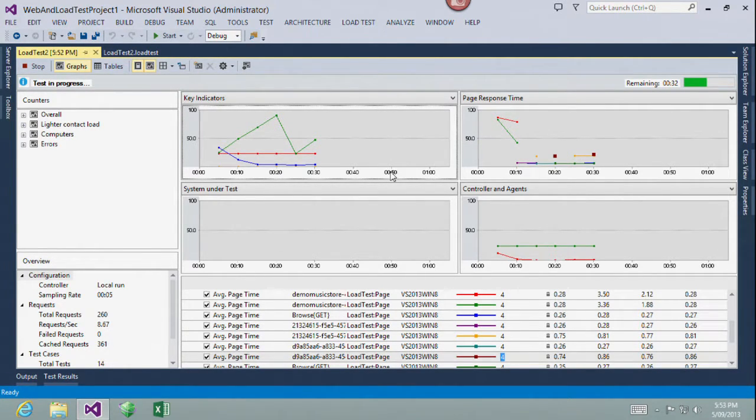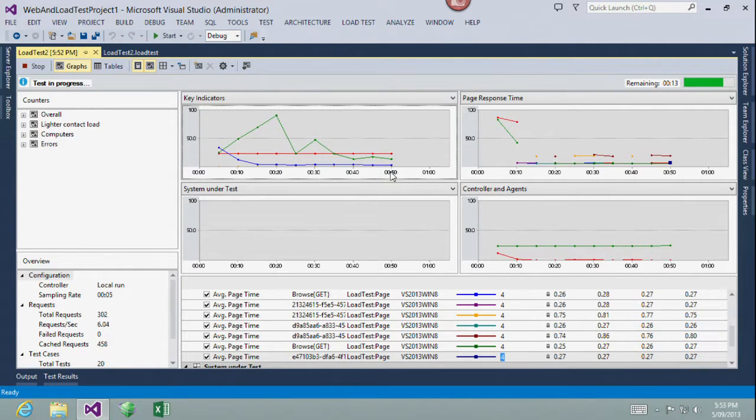It's going to be a threshold violation. We've got some default values there on page response times, which is either 2 or 3 seconds. Now this is running in a virtual machine on a laptop, so you're going to see some interesting, colorful things up there. You would not do this type of testing whatsoever.